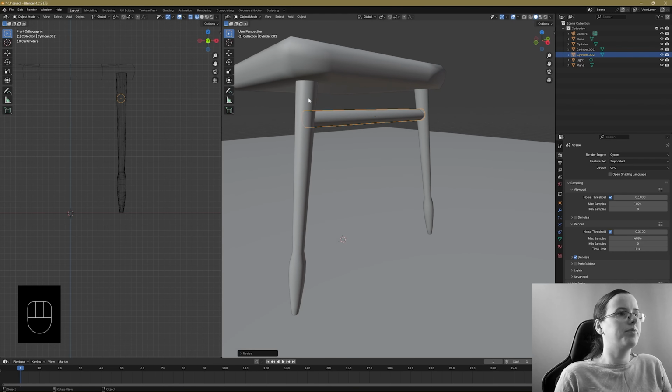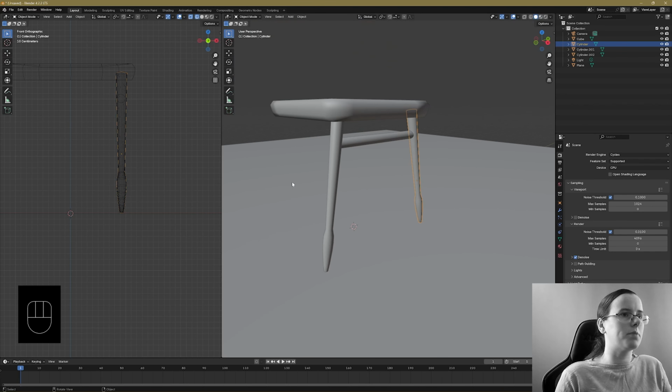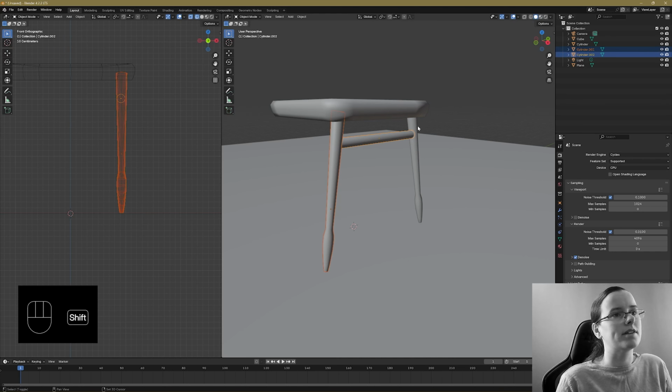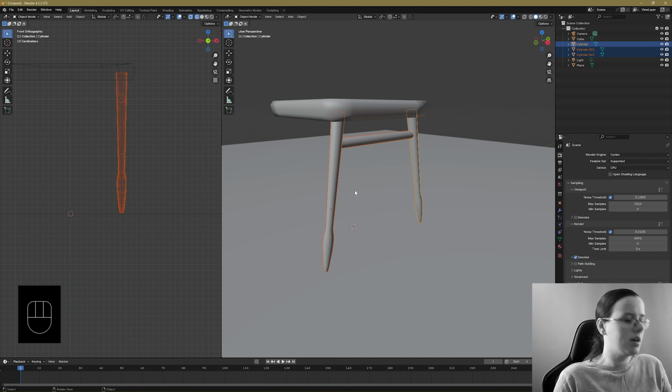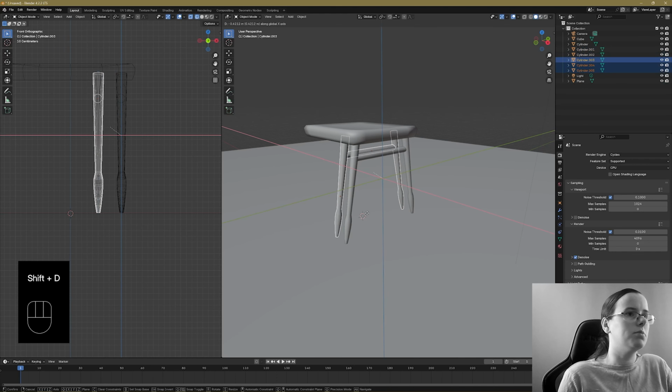So we have 1, 2, 3 pieces. So now we want to translate these 3 pieces to the back of the chair, otherwise the chair would fall over if we ever did sit on it. So we're going to get 1 piece here, 2 piece here, and 3 piece here. Press Shift whilst you're selecting all 3, and then we're going to go Shift D. We're going to move it across